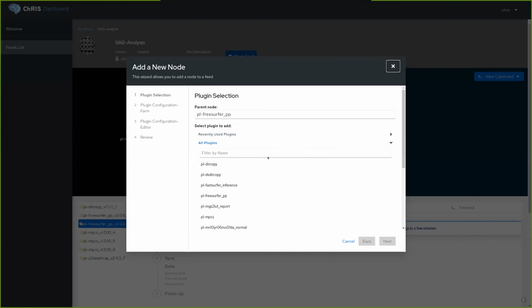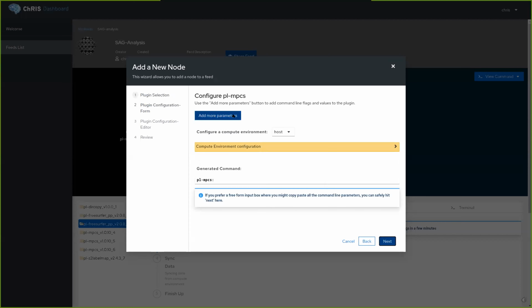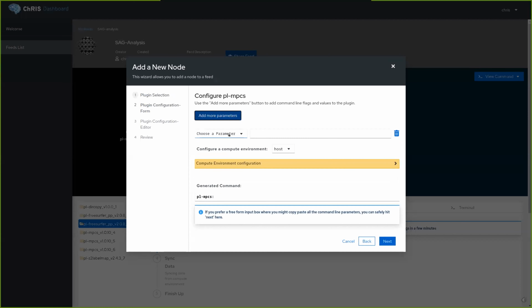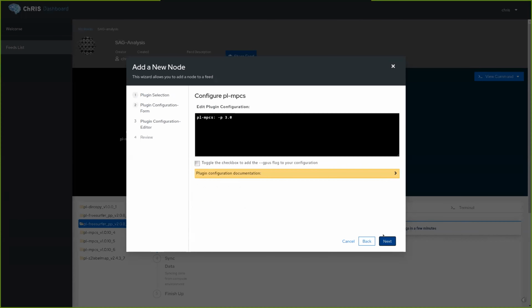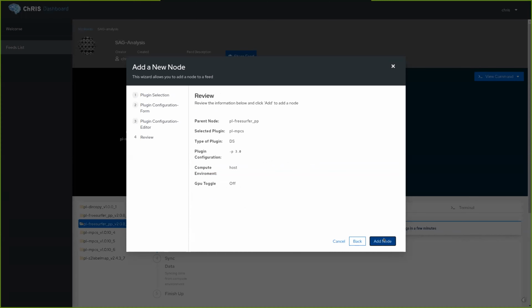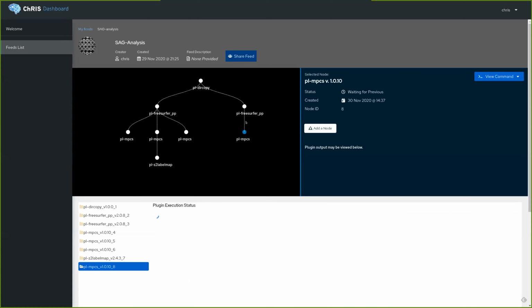I can add another node to it. Here's my list of compute. These are all containerized computations. I can click through. Again, I'm going to go through this very, very quickly, but I can choose some parameters for this, et cetera, whatever these might be. And as I click through, it adds this node to my tree and it schedules the compute ready for it to happen. This currently is all happening on my laptop. But of course, all of these particular nodes can exist anywhere, including the cloud, which is what we usually target.